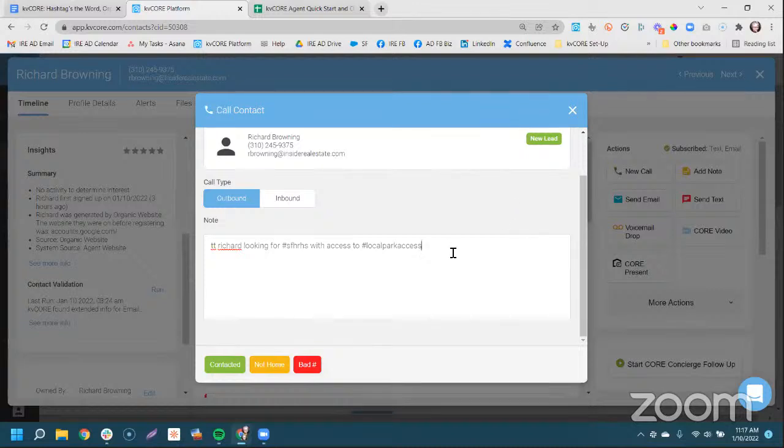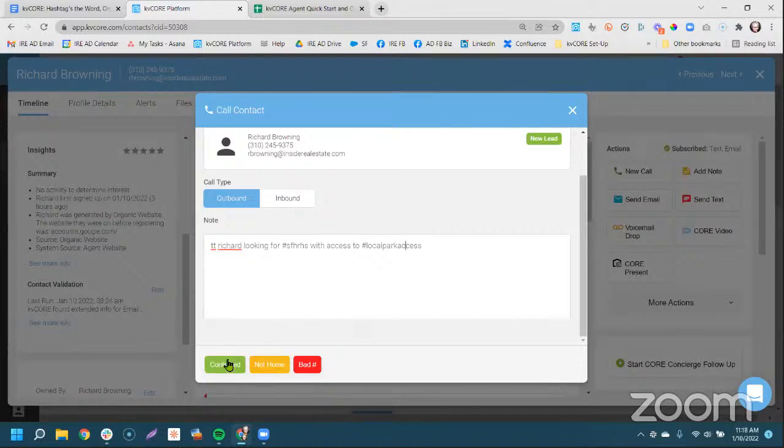So you can keep track of all of these different elements with the hashtag, but in order for the system to know what conversation took place, one, it does need to be noted, and then a status needs to be used here for like, was this action completed with kvCORE? And then two, another call can be set up for the future, and you can add tags in for different types of follow-up.